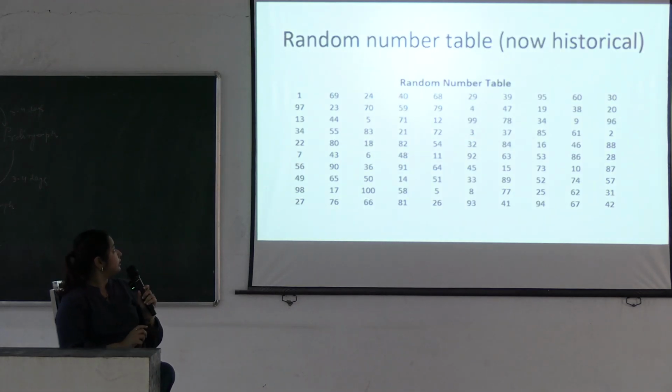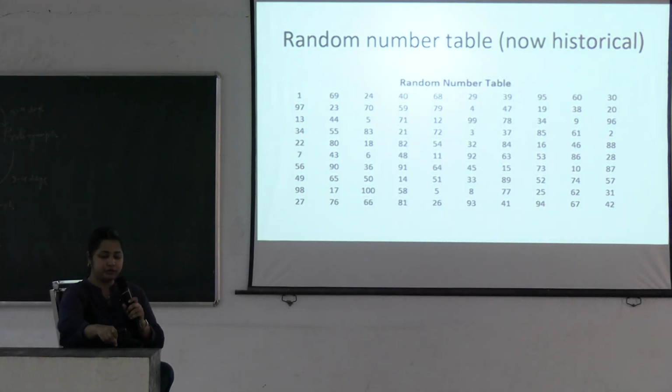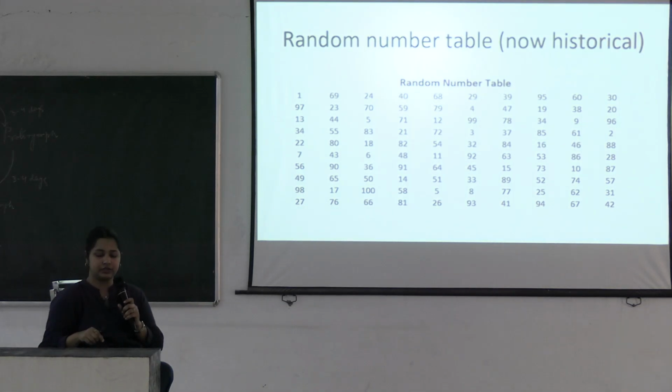You will see a random number table, it shows like this. For example, there is a random number table here, and if you are putting them, for example, in an Excel sheet, and you are putting them 1, 2, 3, 4, 5 to 100 maybe. So you are taking maybe 100 patients, you have listed 1 to 100 in an Excel sheet. Now where will one go, group A or group B? Where will two go, group A or group B? That assignment is random. That random function is there in the Excel sheet, for example.